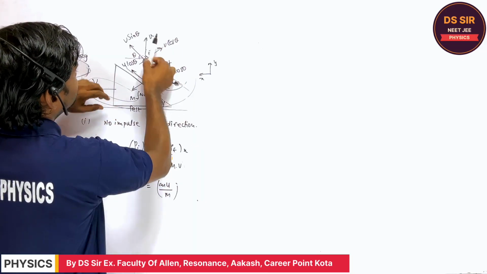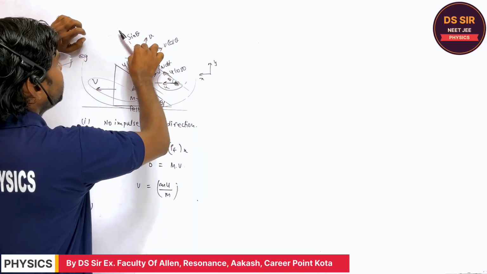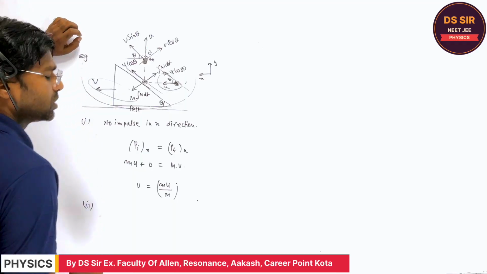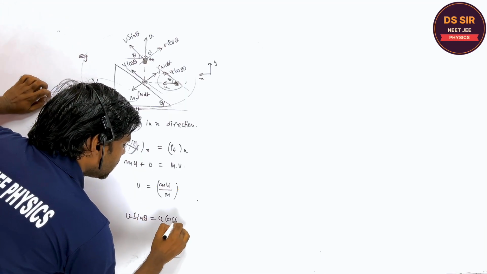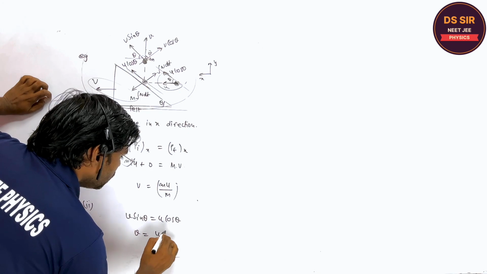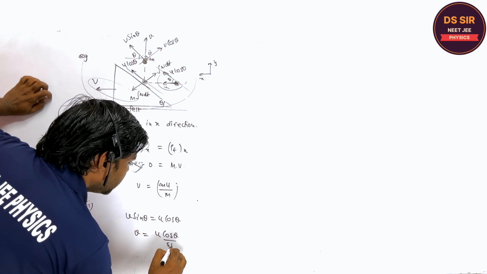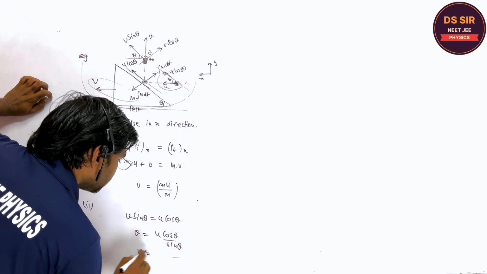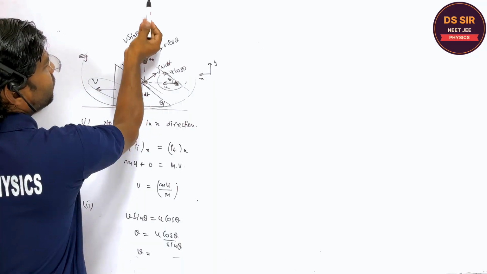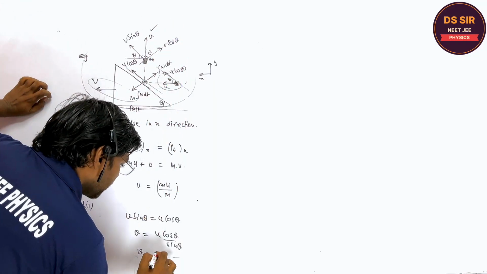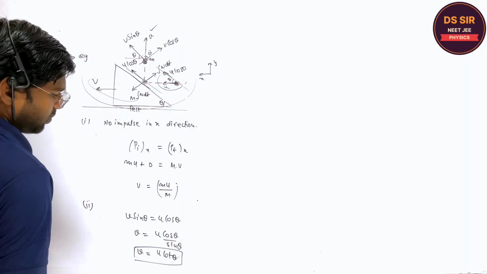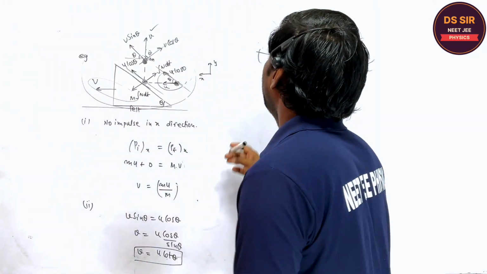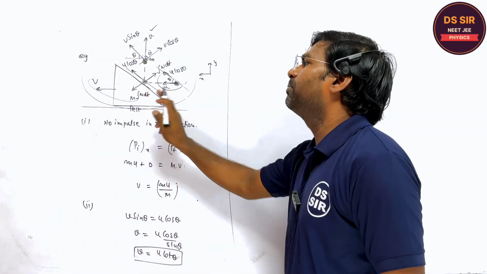Right. So v sin theta must be equal to u cos theta. Therefore v is equal to u cos theta upon sin theta, and therefore the speed of the ball after collision becomes u cot theta. This is the velocity of this ball. Copy. In the third part, you have to find the impulse imparted